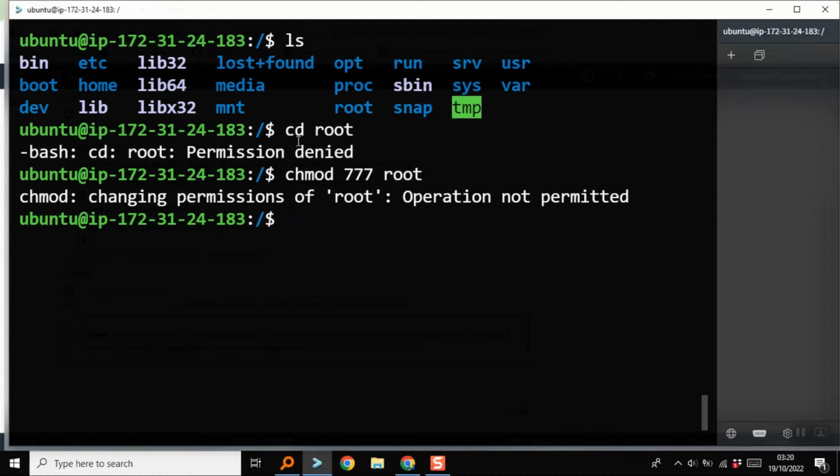Okay, I cannot do that. I cannot access that folder however much I want to. So what do I need to do now to access that folder? This folder is critical because it contains maybe critical